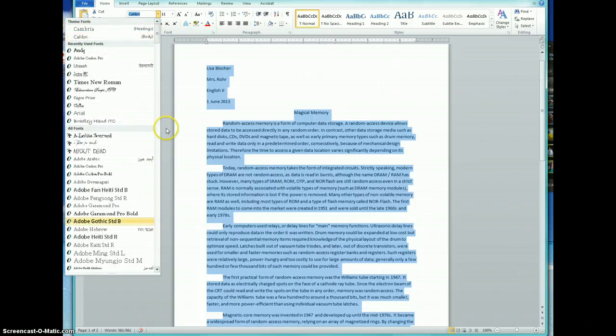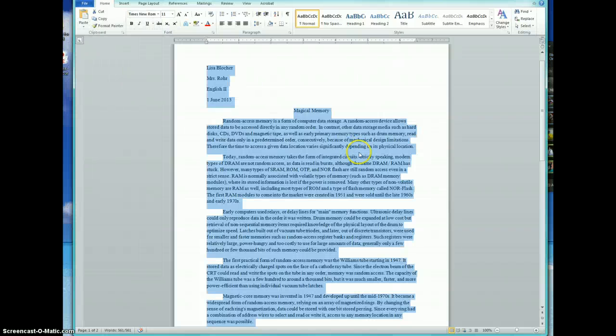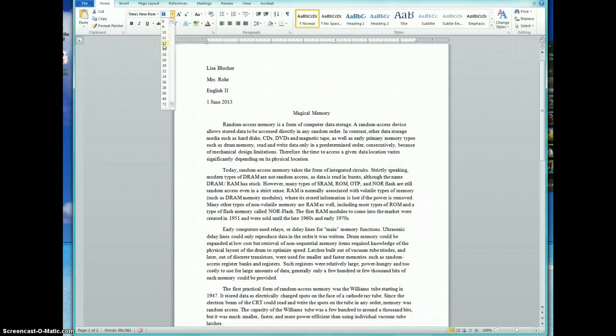So you can scroll down. Obviously it's in my recently used fonts because it's fantastic. So we're just going to do that. You can also just type it in the box here and it should pop up. The other thing we're going to do with our font is change this from 11 to 12 because that's what MLA requires. Now while I'm here, I want you to notice many of you may think you're being really sneaky